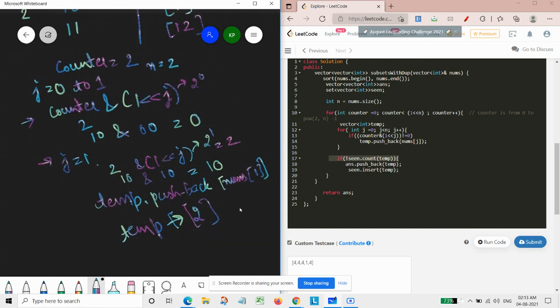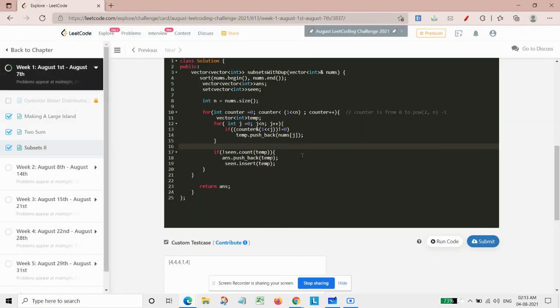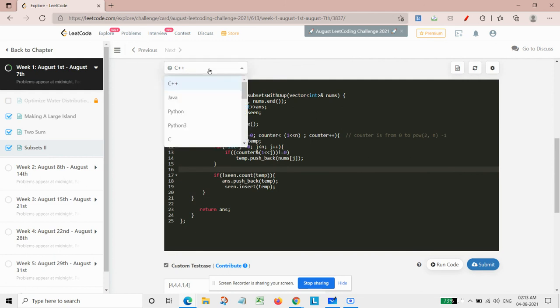This is how it will be working. And if we want to do it in the other two languages, that is Java and Python, the logic will be the same, with only some syntactical changes.